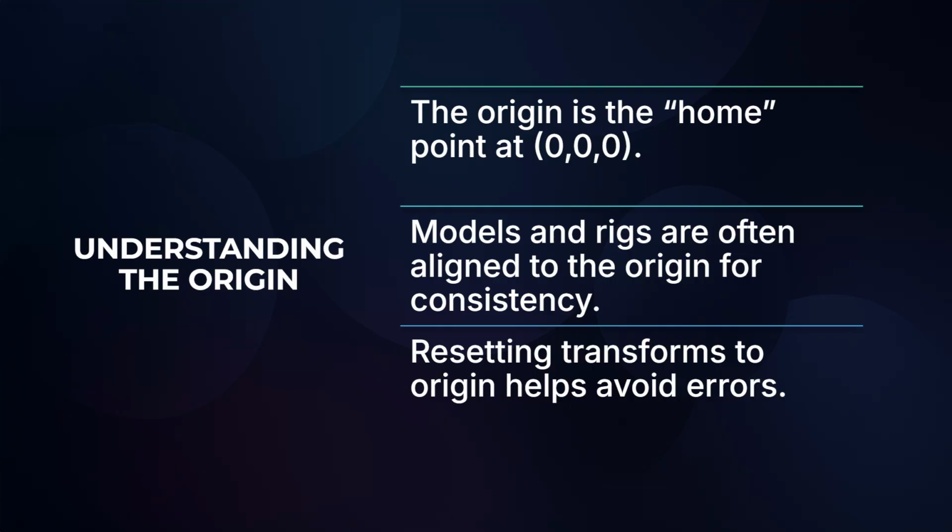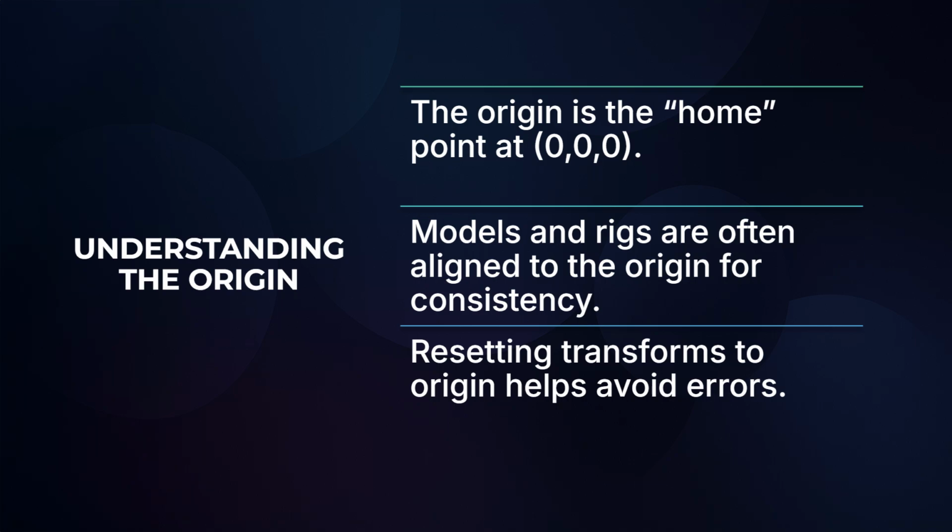Next, we have understanding the origin. The origin point is like the north star of your scene. It's 0, 0, 0. The absolute center of your 3D world. Why is it so important? Because many operations like snapping objects, rotating from a central point, parenting, or even exporting assets depend on where the origin